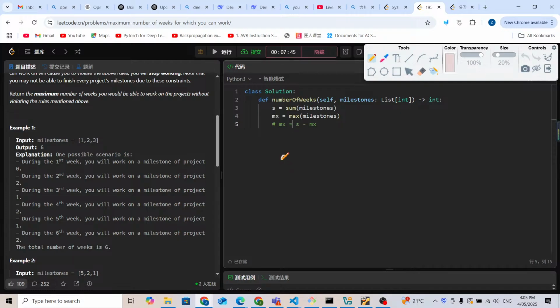For example, we have AAA, BB, and C. The maximum is 3, and the total 6 minus 3 is 3. So something like AAA, BBC, definitely we can make it work. It's going to be something like AB, AB, and AC.